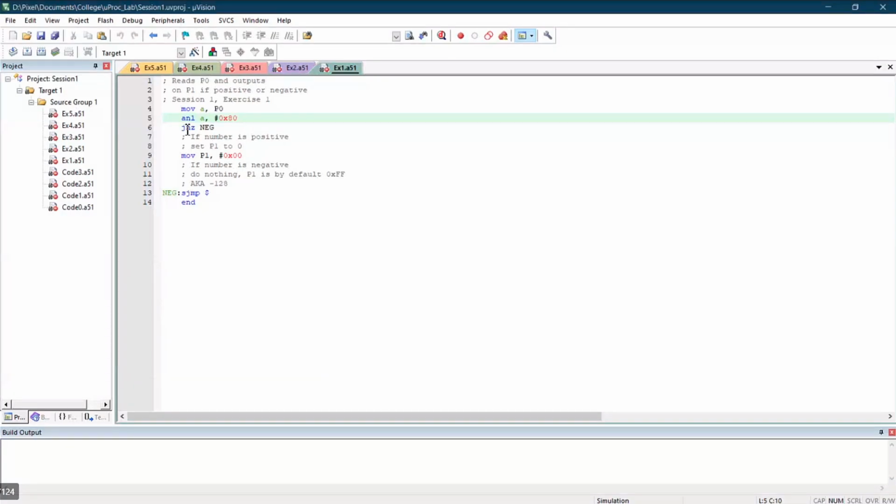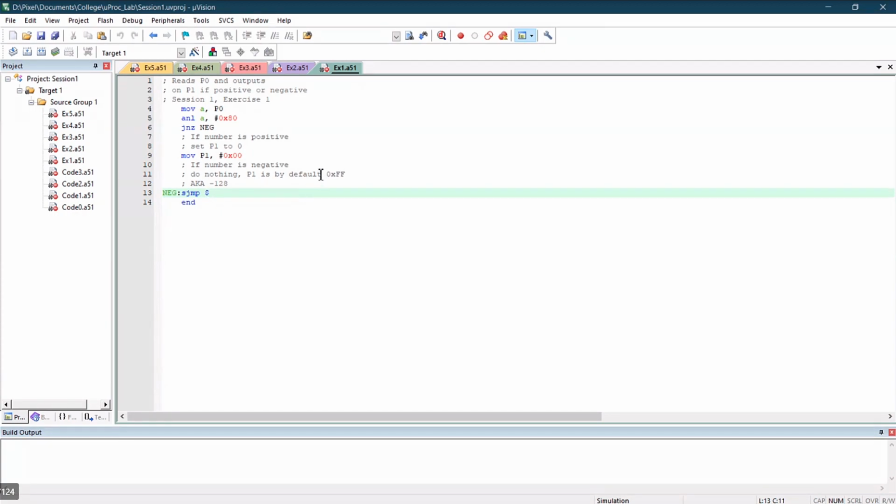So the next command is AND of whatever is inside the accumulator and 80H. Depending on the result, if the number in A is negative, you will have 0x80 in the accumulator. And if it's positive, it will be 00, everything 0. So if it is negative, we can use the jump if not 0 command. If it jumps, it goes here, and this is the equivalent of halt or stop in 8051. Basically do nothing and just stop.